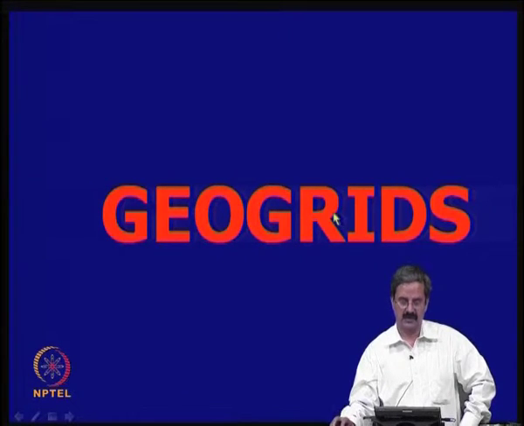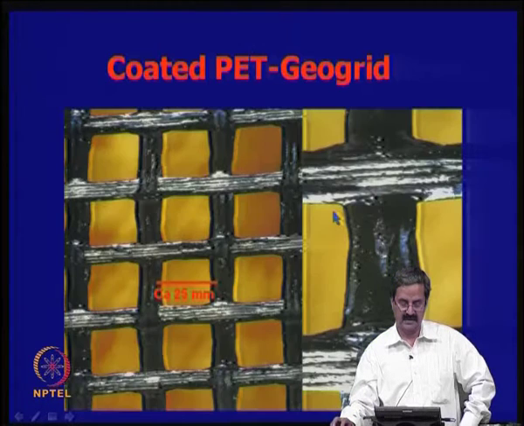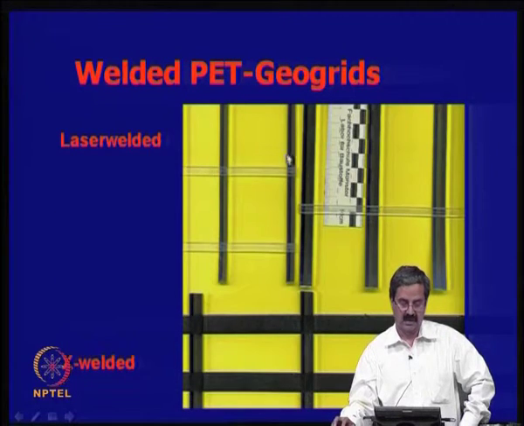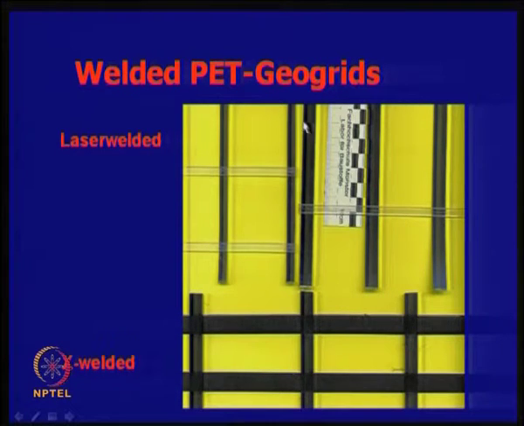So, that is about geotextiles. Geogrids, this is one type. These are laser welded, it could be like this. The welding technology has improved so much. You have X-ray welded. So, these are some of the materials, because the advantage of the geogrid is that